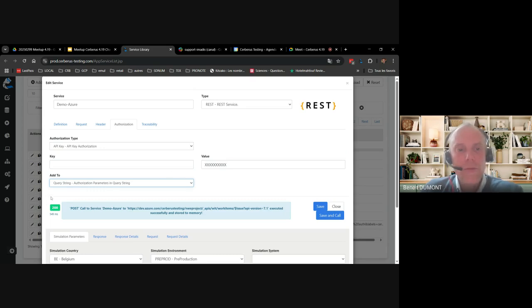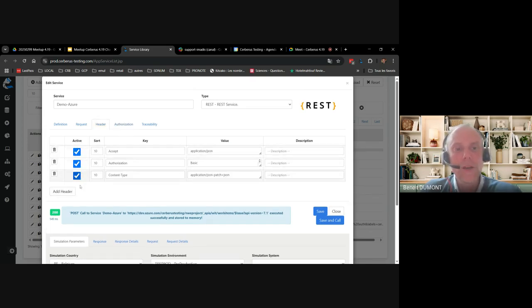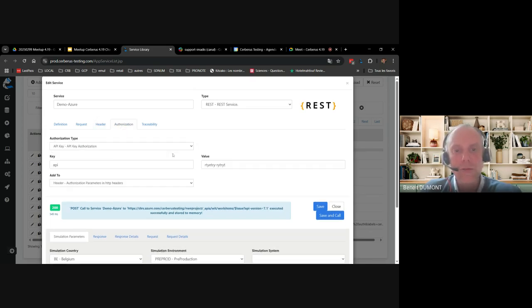So that means that if I put header, Cerberus will automatically add dynamically the necessary header. So you no longer need to manually create them inside the header section. It will be automatically generated by the data you provide.